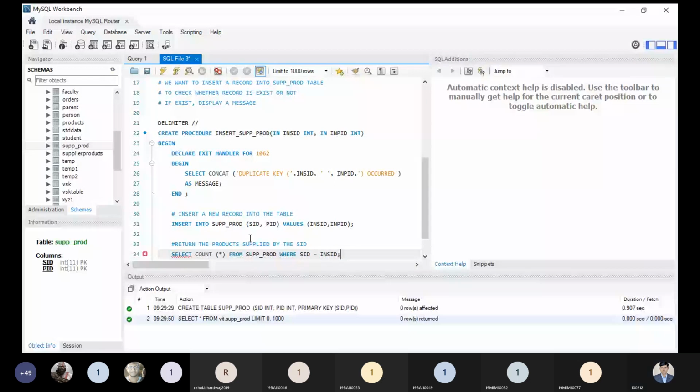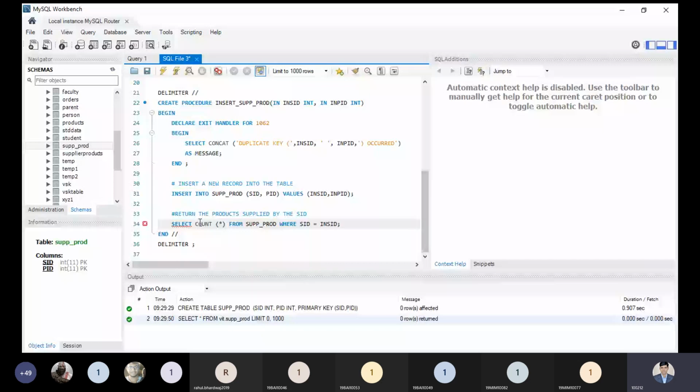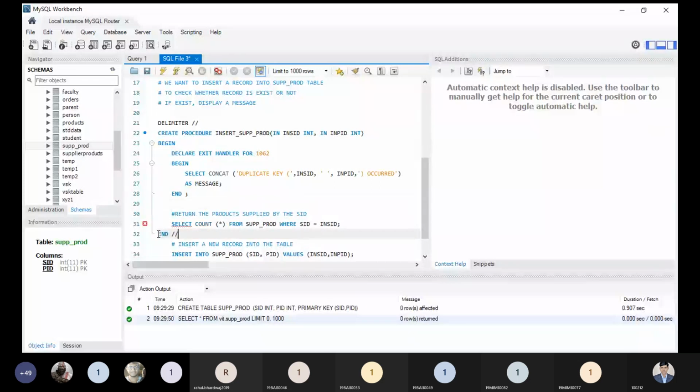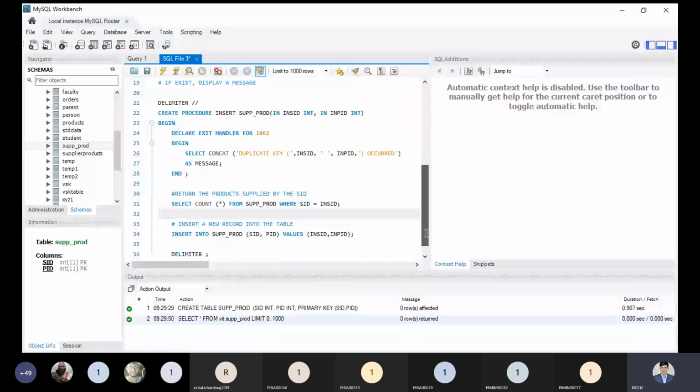Okay, so select is not a valid point. First let me use this part, and it is a better idea to use the previous one, and this part should come over here, and the delimiter is like this one.